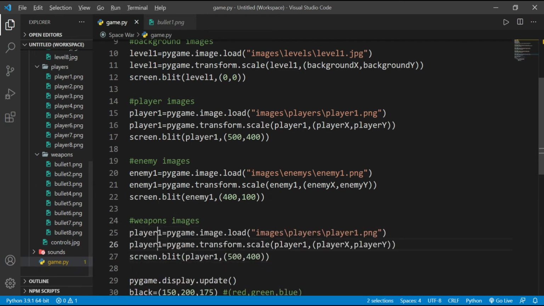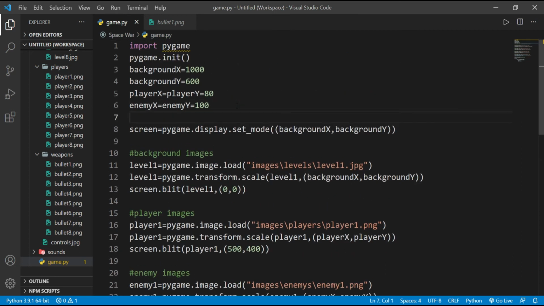And now let's change the player 1 to bullet 1. And again you have to do the same with its location and changing it to bullet1.png, and again here in the transformation bullet1, and its scale also to bullet x and bullet y, since it will look weird if the bullet size and the player size are same, so that's why I'm just resizing it.